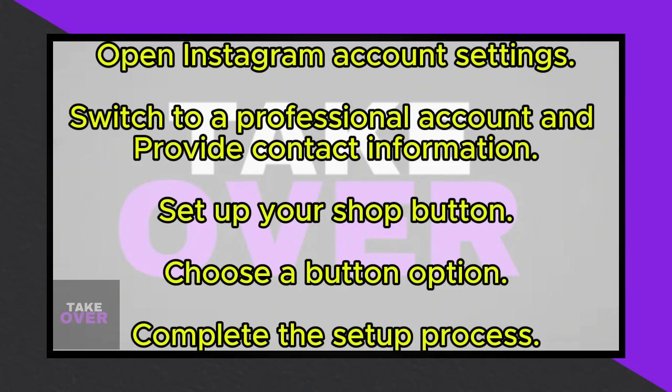Once your professional account is set up, return to your profile page, and click on Edit Profile. Scroll down to find the Actions button option and select it. Here, you can set up your shop by choosing a button, such as Add Lead Form or other options like